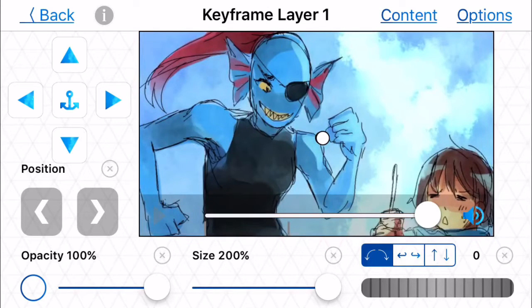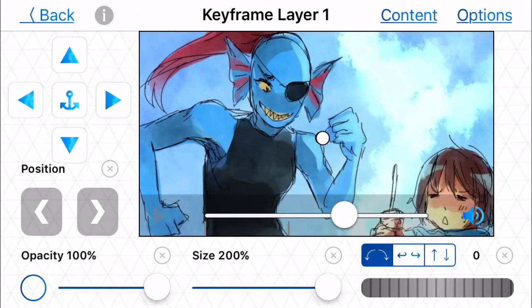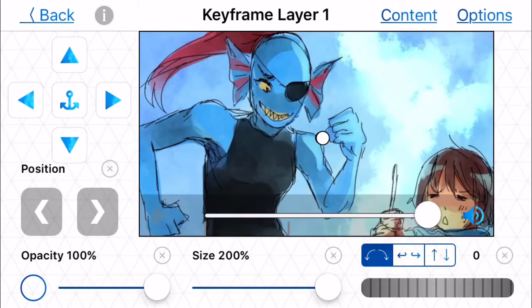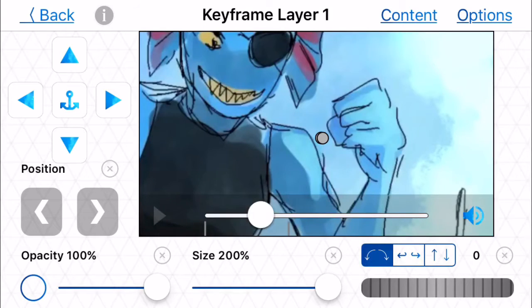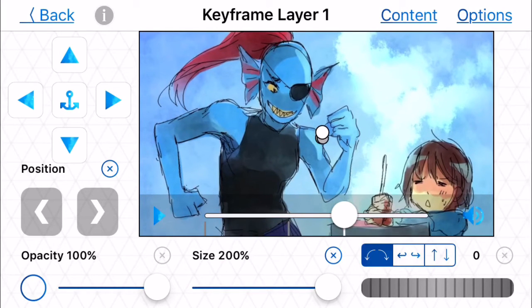Oh, and here's another tip. The smaller your clip is, the more space this dot will move with every slide. And if you can't fit 3, just put 2, or even 1 if you have to. I don't think your clip will be that small, but 1, 2, 3. And then